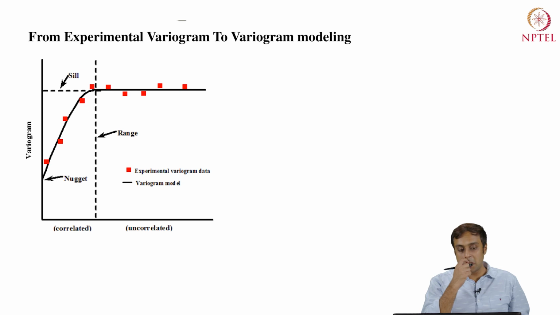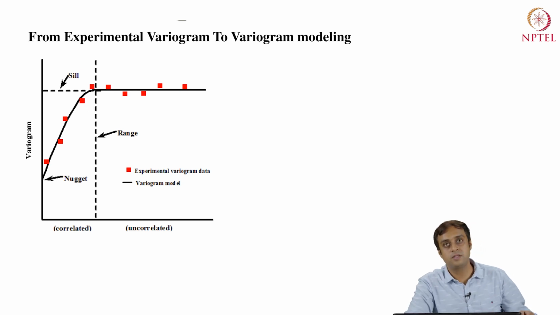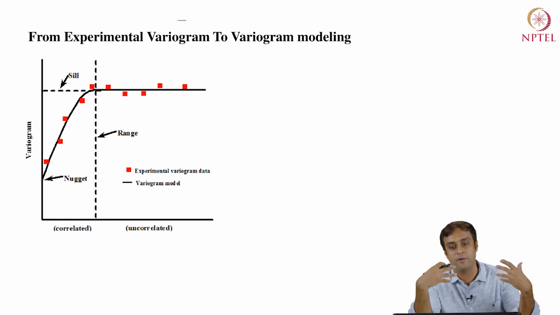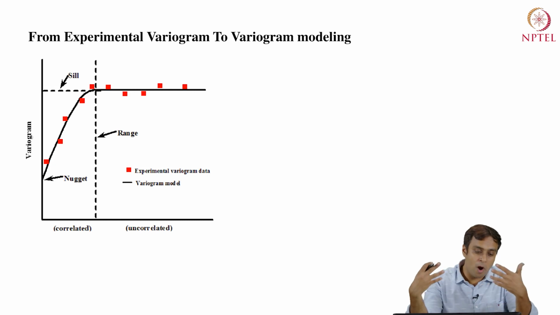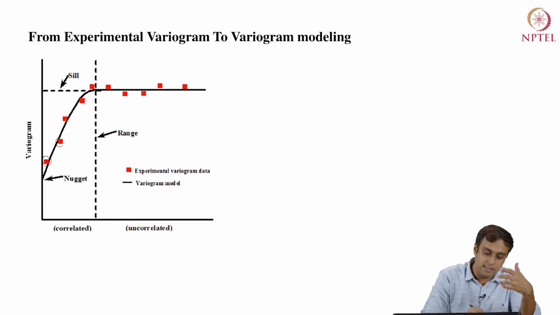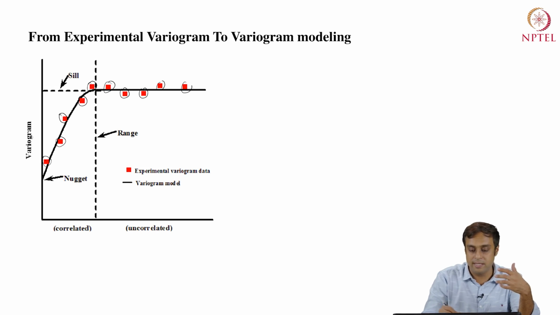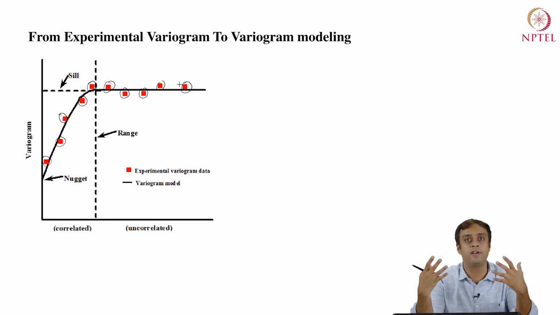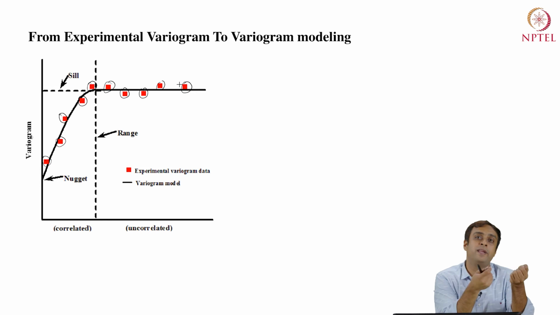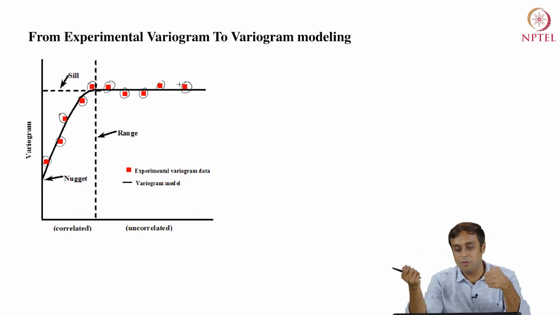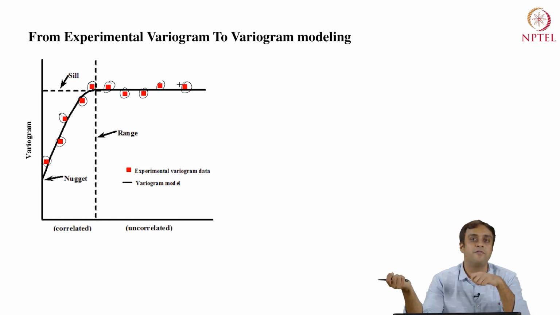All right. So, this image now says that we are going to move from an experimental variogram, a calculation based variogram, to a variogram model. Now, a model, unlike these mean scatter plots of squared differences, is a smoother representation of the variogram itself. Why should we go from an experimental to a modeled version of a variogram?